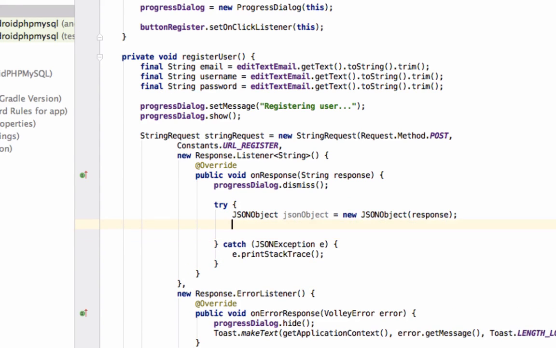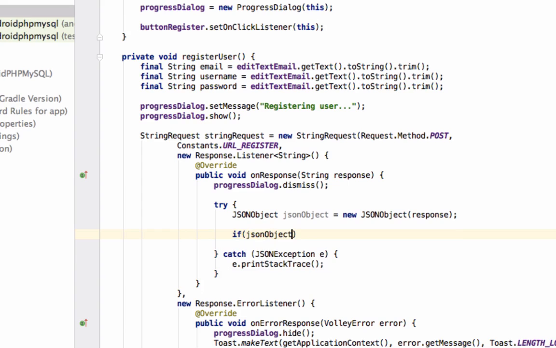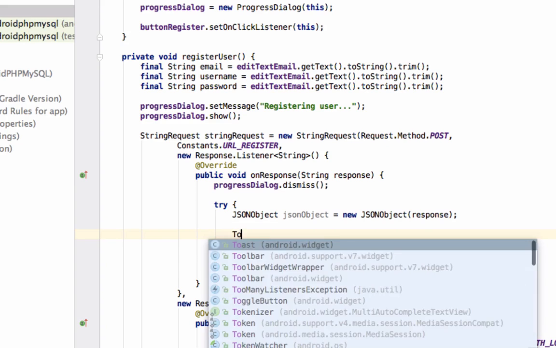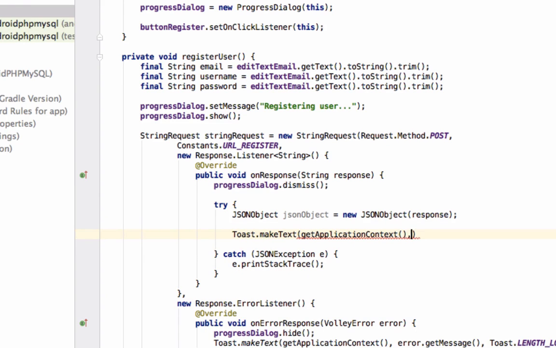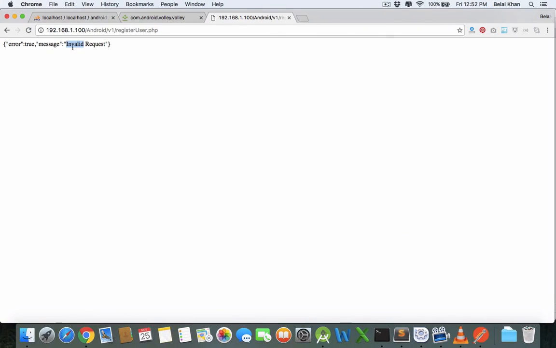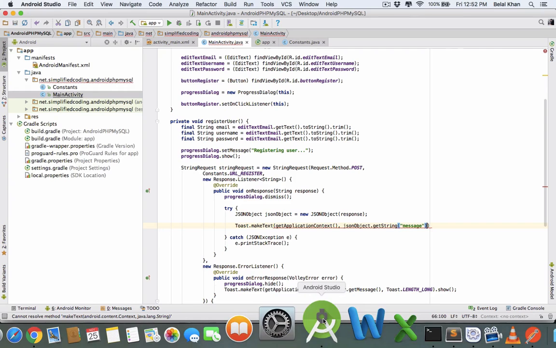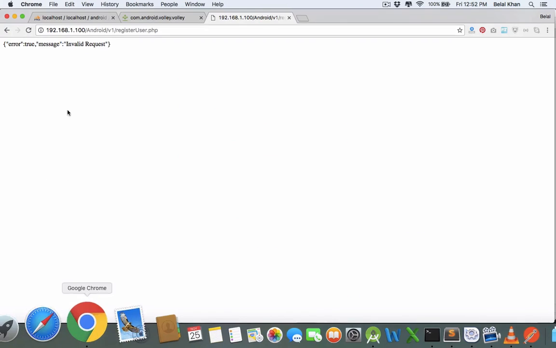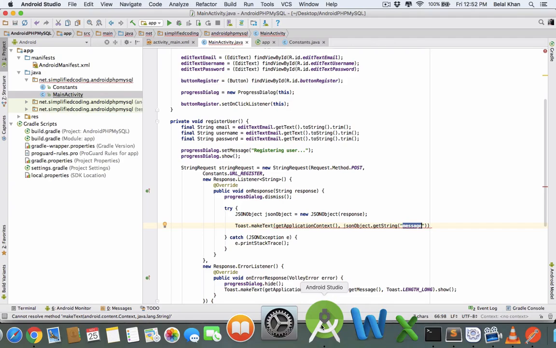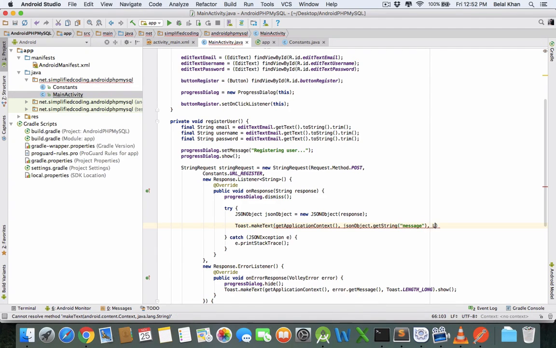this is a checked exception, so we need to surround it with try catch. Now for now we can simply display a toast, getApplicationContext, jsonObject.getString, and we'll get the message that is displayed. So whatever message will come here, invalid request or error occurred or whatever, that will be displayed here because we are getting the message with this key. So another parameter, Toast.LENGTH_LONG dot show. Okay,